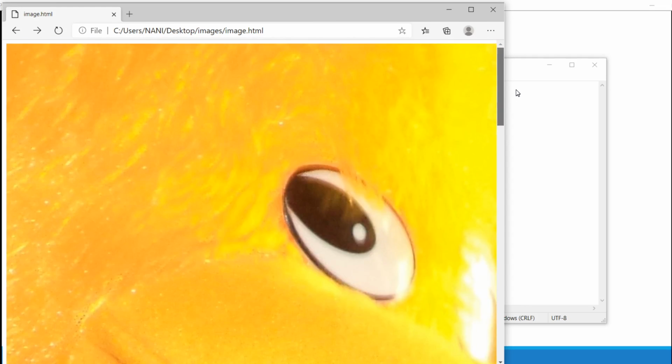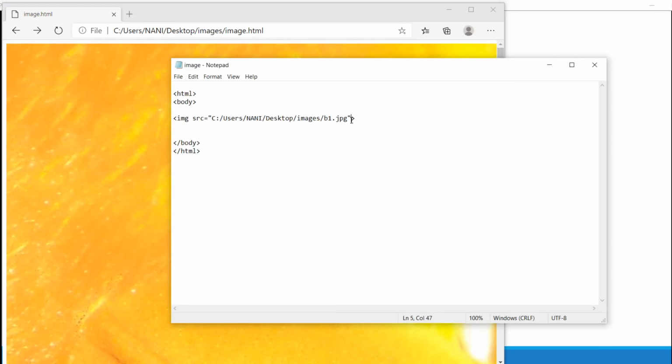For that, what are the attributes that are used? Height and width. Height equals 200 and width equals 100. So the image is compressed.